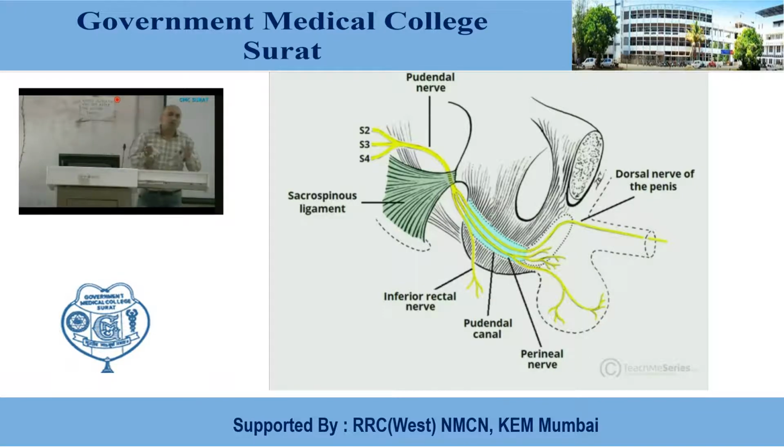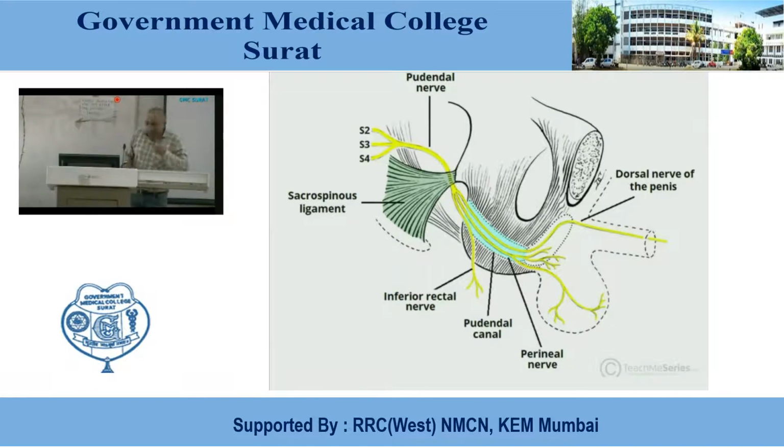So this is about the location of the pudendal canal, where it starts and where it ends, the basic location and how it is formed. It is formed by the splitting of the fascia, that is, an interfascial space between the fascia covering the obturator internus over the outer aspect and the fascia lunata over the inner aspect.